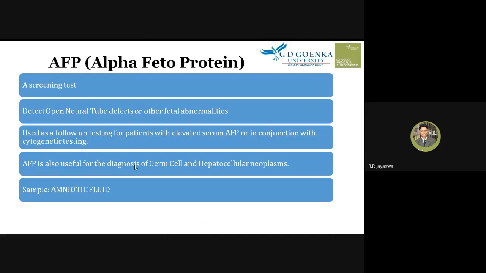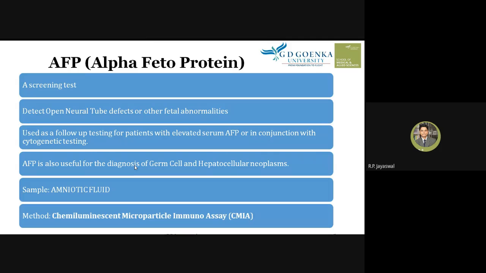What sample do we require for the AFP test? When we do diagnosis of neural tube defects in the fetus, when you want to determine or diagnose if there are fetal abnormalities, in such conditions the sample we normally need to take is amniotic fluid. What is amniotic fluid? The fluid which covers the developing fetus in the uterus of the mother. So we need to collect the amniotic fluid as a sample, and then what method do we need to use?